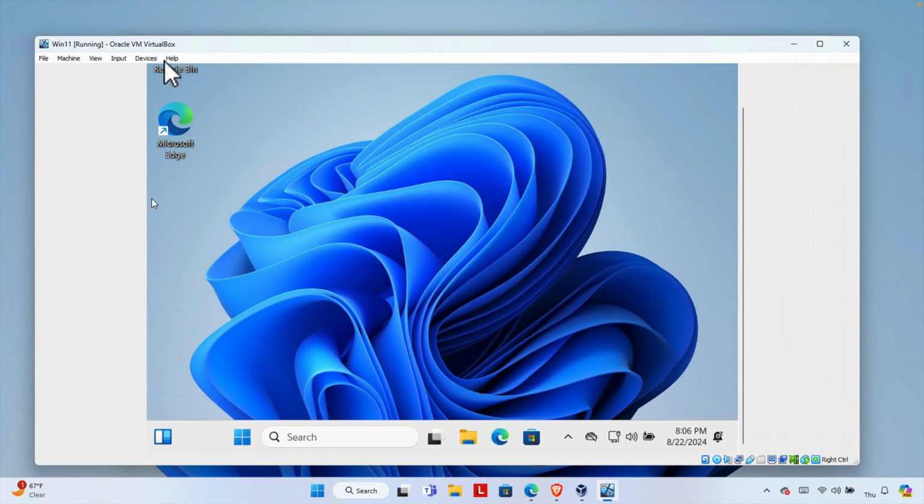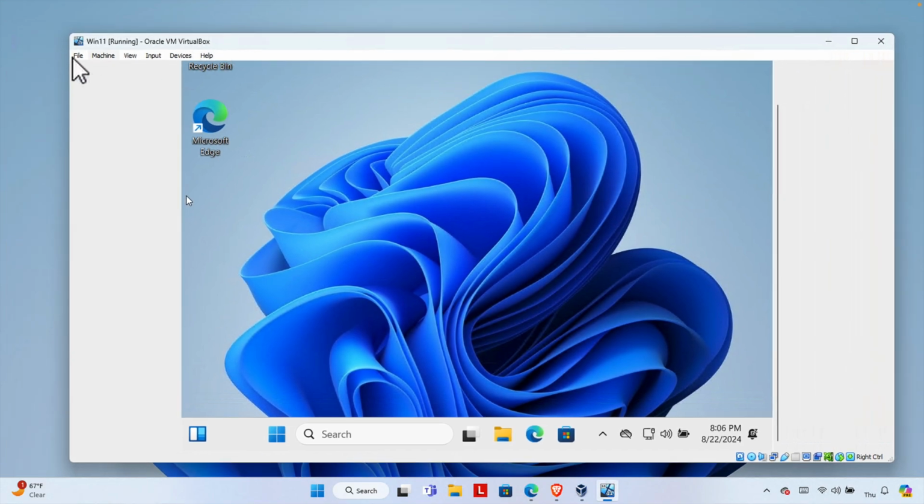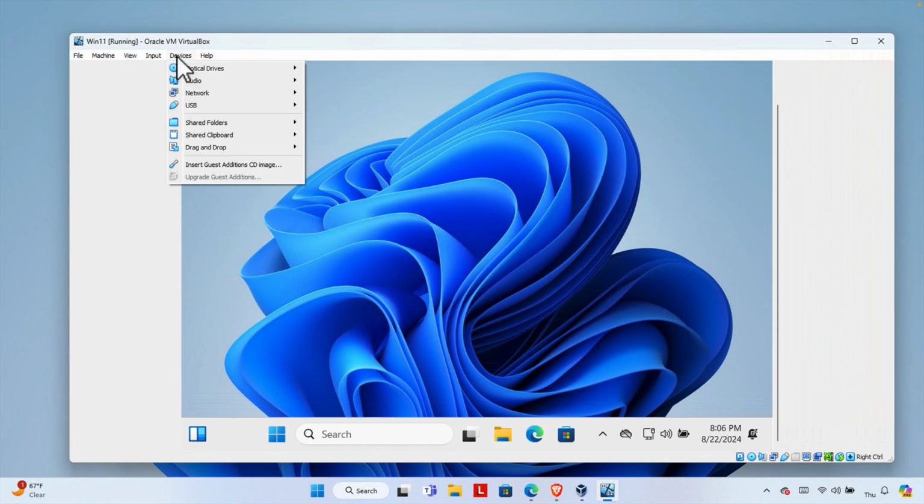So at first we need to access the menus from the VirtualBox. Here we are seeing a couple of menus. One of the menus is Devices. If we click here, then it will bring this type of menu. From here we have to choose Insert Guest Additions CD Image, and then once we click here, we need to access that folder. Right now we have to access the folder by clicking this folder icon,